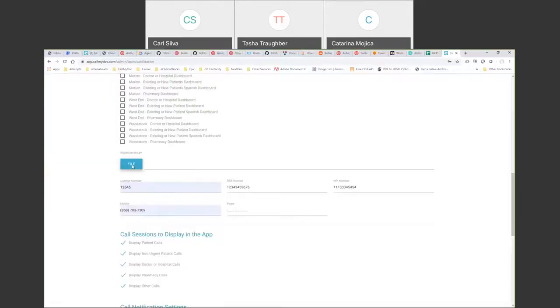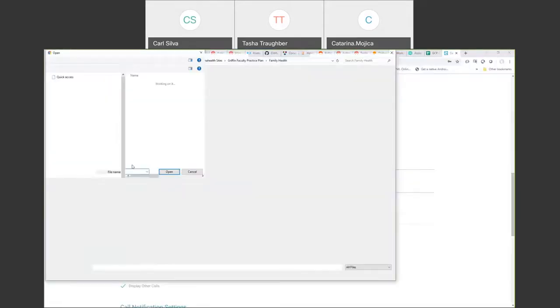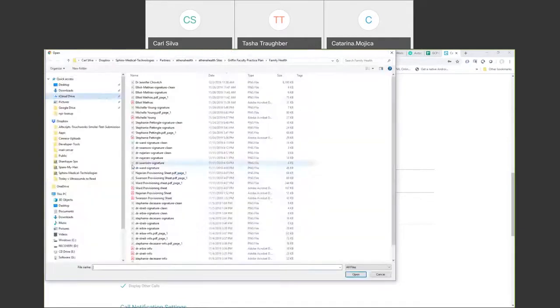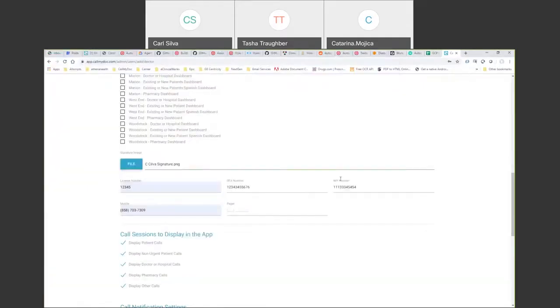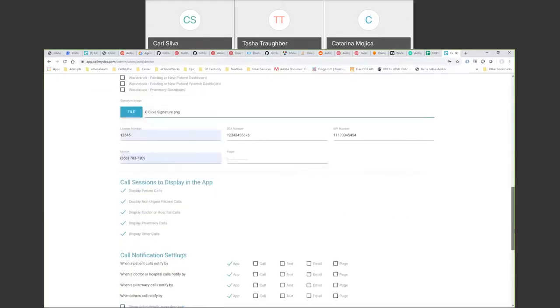I'm going to pull up a signature here, but it has to be clean. In other words, if it's got a lot of background noise in it, and it's not very easy to understand what the signature is, it's not going to work properly. So anyways, I double clicked on that signature, so I'm going to upload that. Now down here